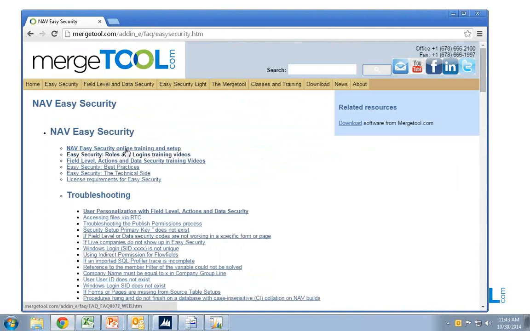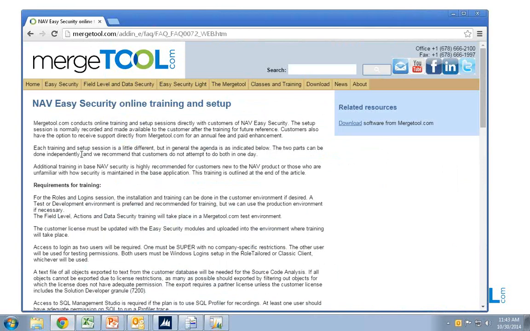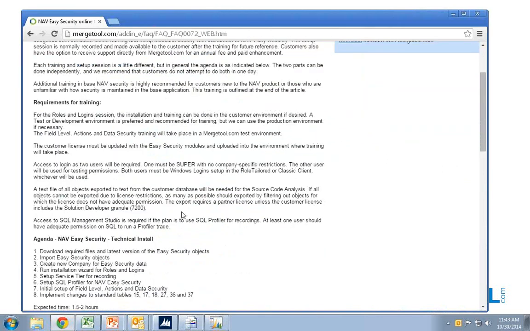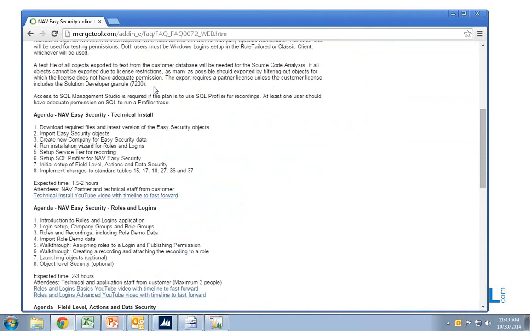One of the things we have here is a document about our online training and setup. We have a section of requirements, what is needed. Then we will do a technical install, running the wizards and things like that. That typically requires that a partner license be used during that process, so ABC would typically attend that.